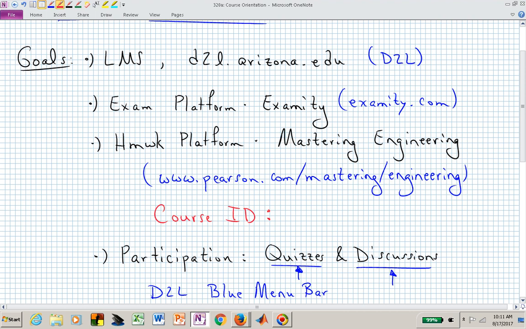We will have an examination platform for the midterm exams and the final exam, and that will be through a third-party, Examity. We will also have a third-party platform for our homework, and that's Mastering Engineering, through the Pearson publisher. And one of the key pieces of that is the course identification number, or ID, and